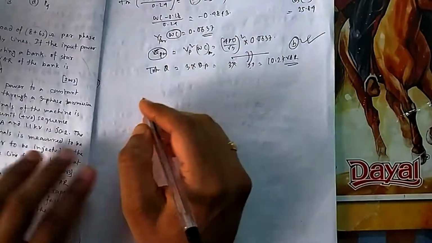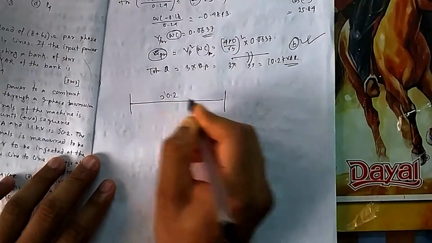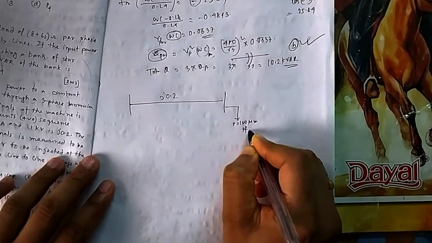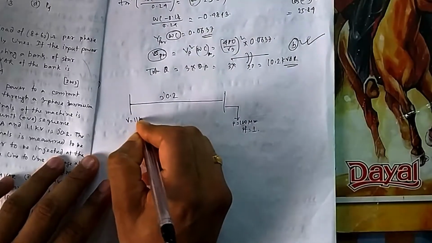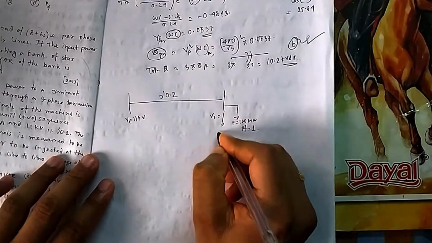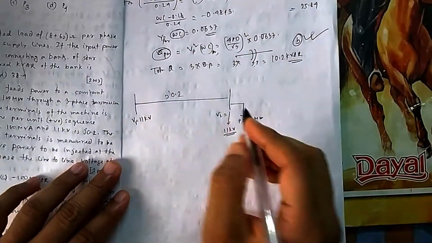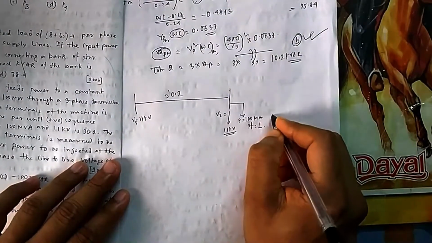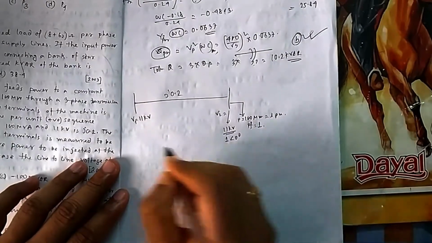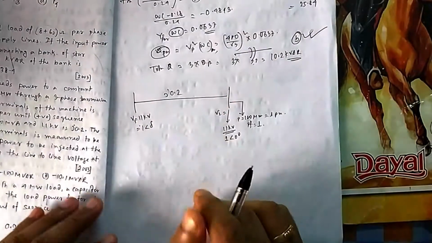So if you draw it, there are two terminals and this is j0.2 and there is a load of 100 megawatt and power factor of 1, and this is maintained at 11 kV. This one you want to maintain at 11 kV, so let me take it as 11 kV itself. So if I go to per unit base, the power is 1 per unit. Here you want to maintain 1 at an angle 0 and here you don't know the angle, 1 at an angle delta, because power is coming from this side.